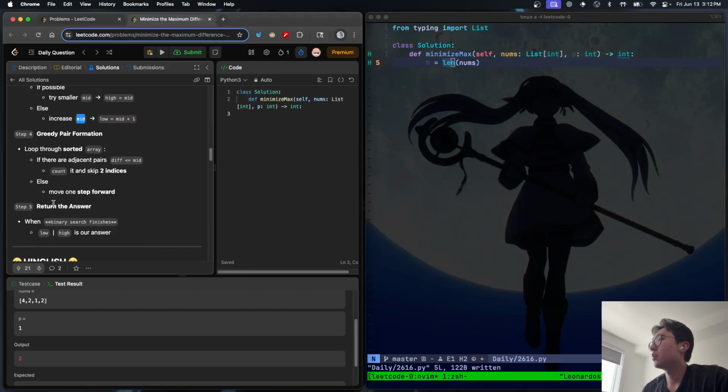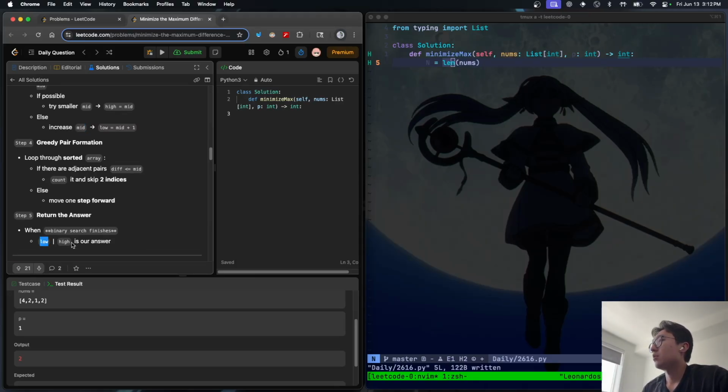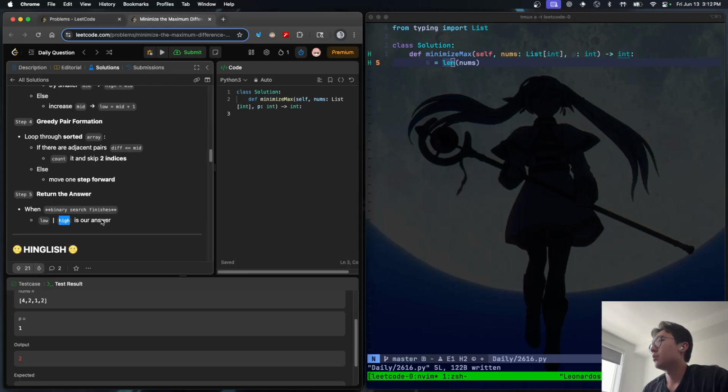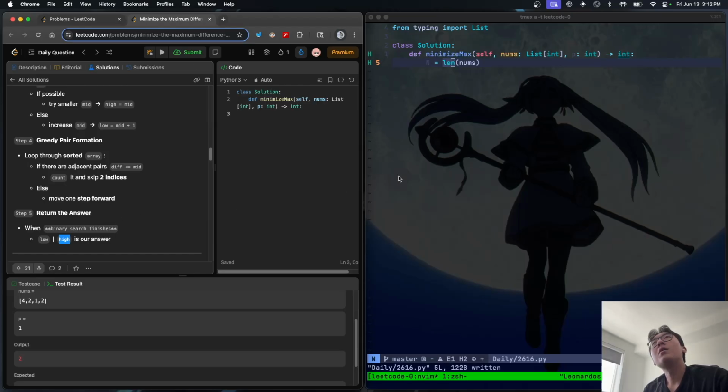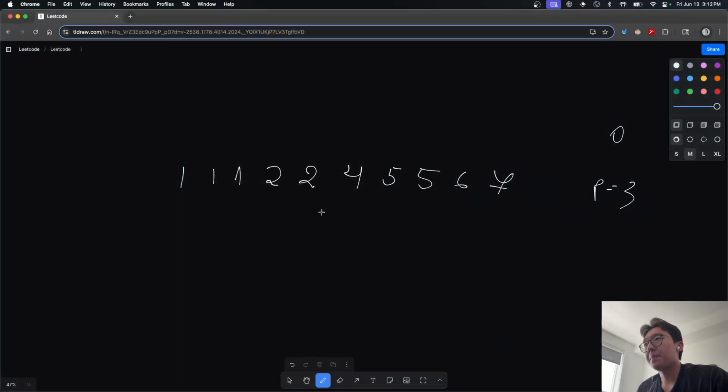Oh, I see. So the idea here is that the maximum difference in this case is